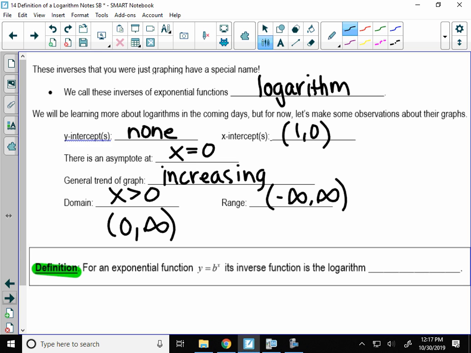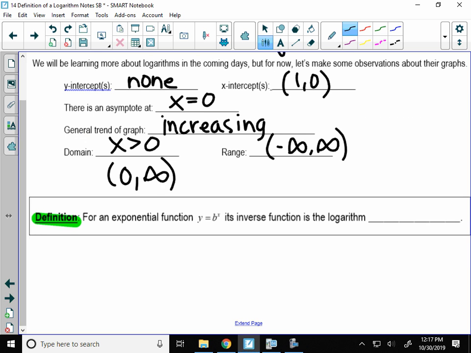We know that it's an inverse of an exponential, but the actual definition of a logarithm says if I'm given an exponential equation, y equals b to the x, here's what a logarithm is, the equation for it. You're going to write the word log. Now, the next thing we're going to write is the base b. The base is written as a subscript, which means it's a little b that's lower. So log, a little lower b.